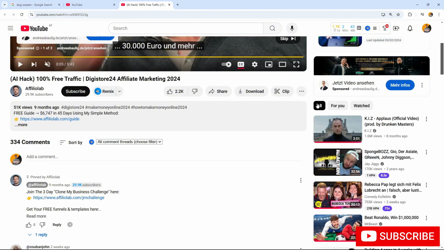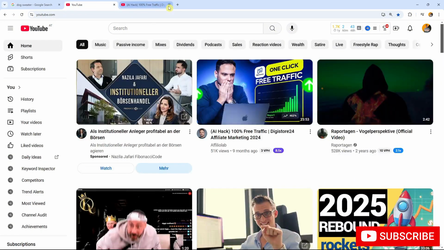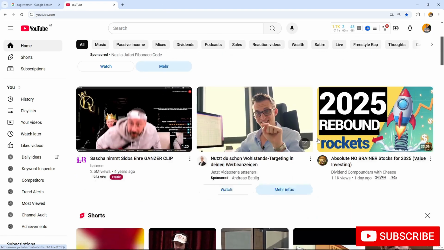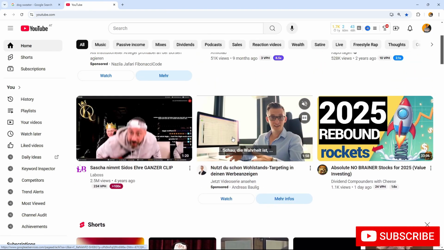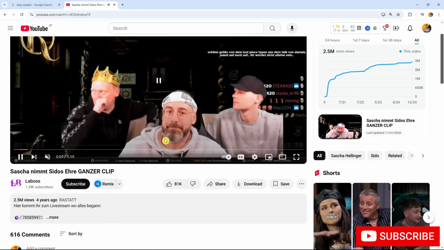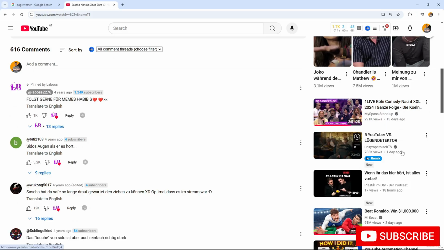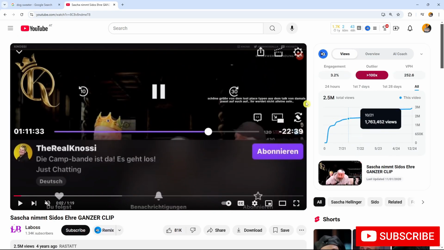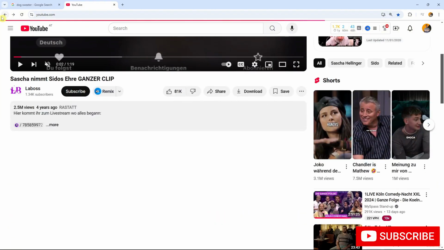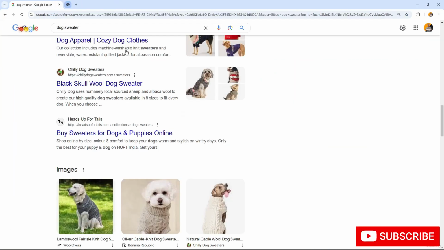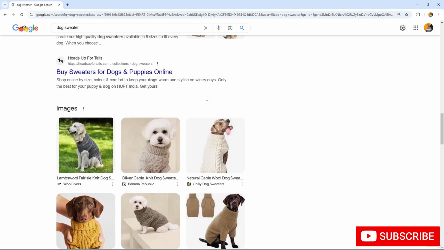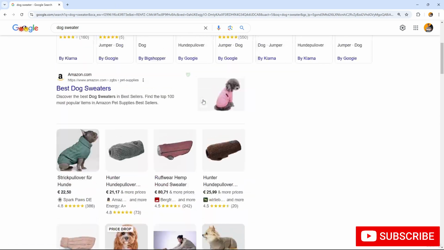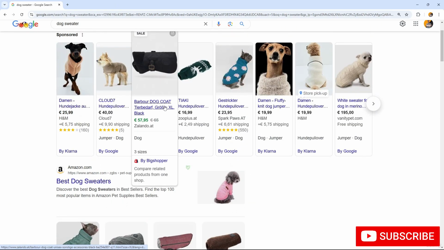Let's see if we can spot that again. Click on something else. Maybe here's an ad. It says sponsored. Let's maybe have a look here. Sometimes it also here is a sponsored ad or up here, depending on the video, of course. So this is how you can easily spot Google Ads, and we will mainly focus on these little images,